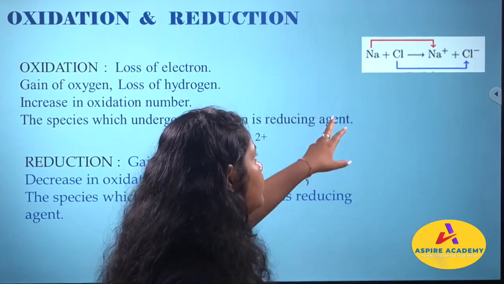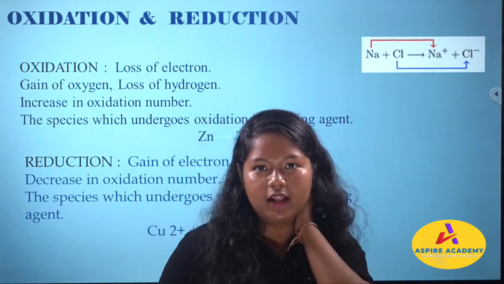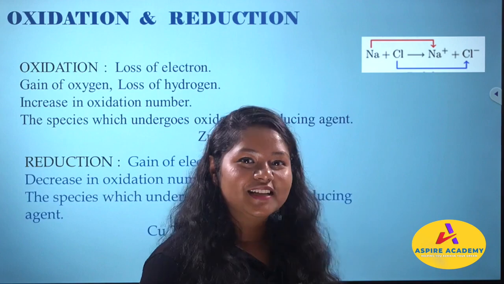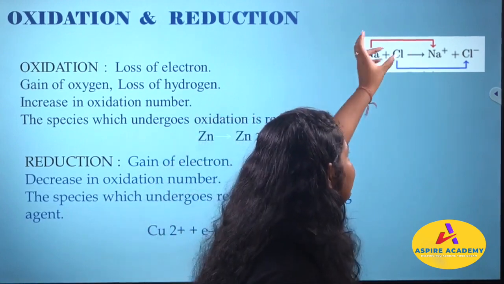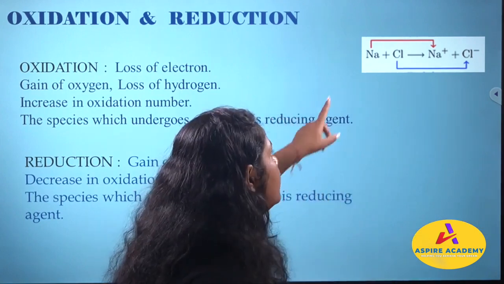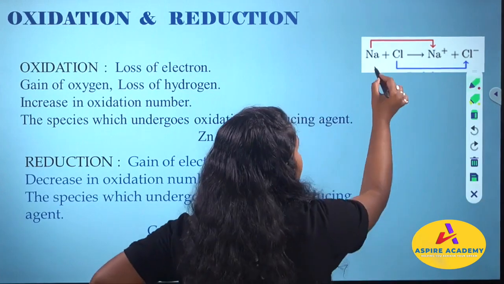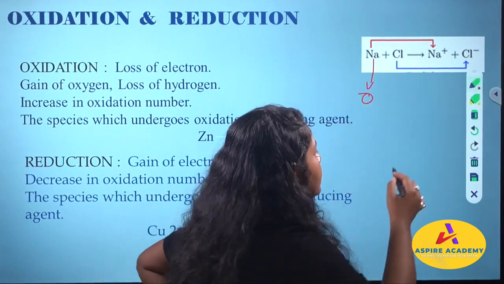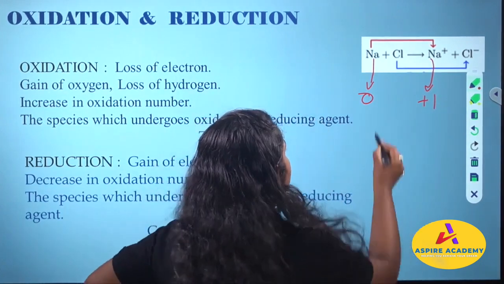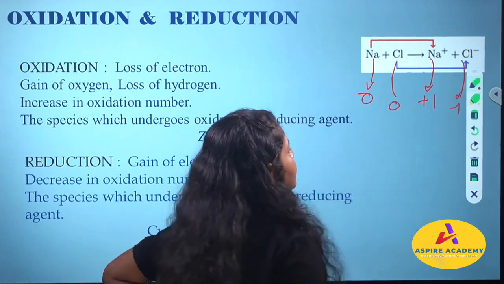Okay. Now you will be seeing I have taken Na plus Cl, NaCl salt. We all have salt in our kitchen. Okay. So without salt, any food is tasteless, right? So Na plus Cl, we are having Na plus and Cl minus. Now see what is happening here. Na, it's 0 and here it is plus 1, 0 to plus 1, chlorine 0 and chlorine minus 1.